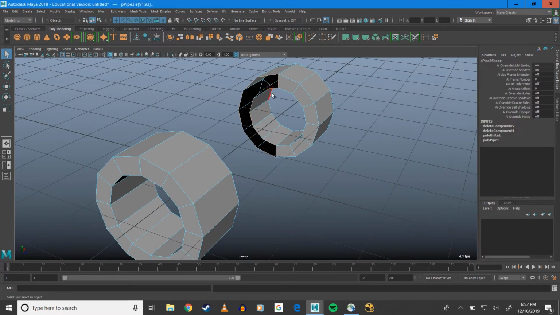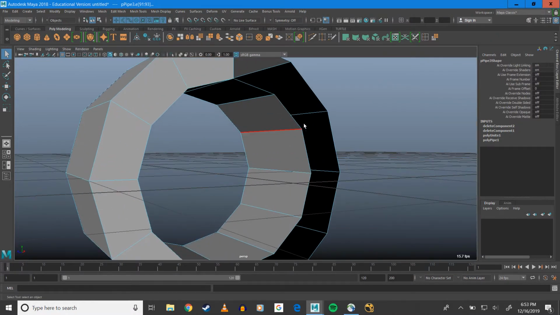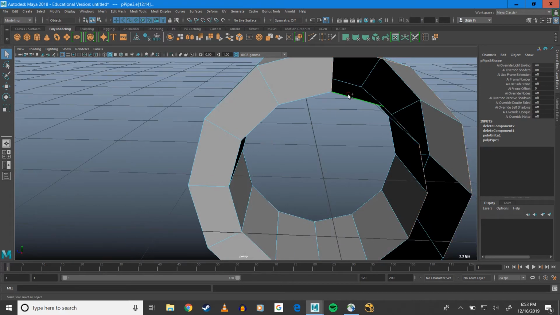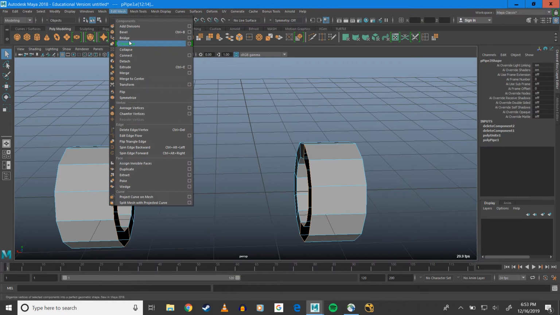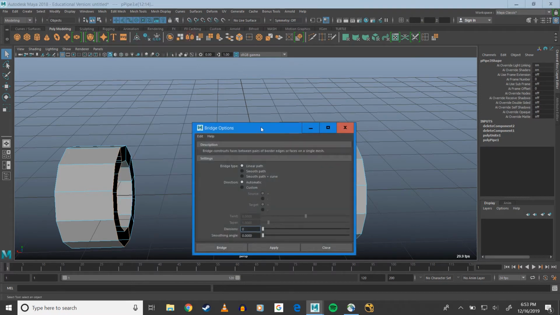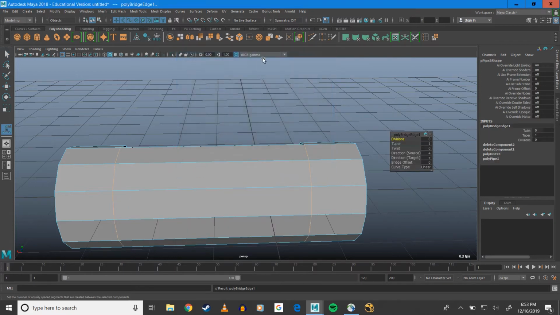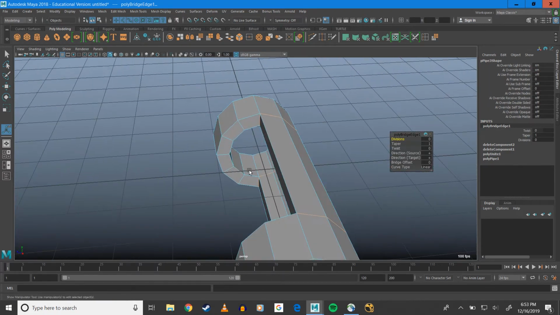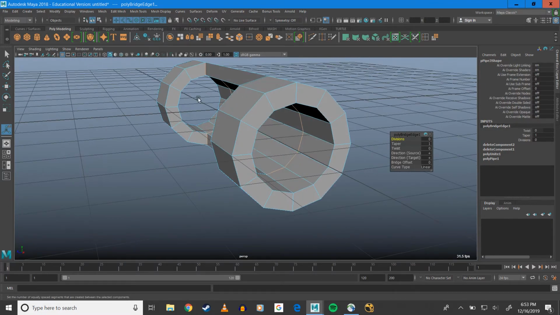And now I'm going to double click to highlight the entire selection of edges that outline my hole. Shift, double click to outline the other hole. And alright, now I'm going to go into my Edit Mesh and Bridge. I'll bring up my bridge options just to make sure that I don't have any divisions in the middle, which again we can change after the fact in our attribute editor if we want, but I don't want. So anyway, bridge, and now I have this connecting the two, and this gives us a little area where something can